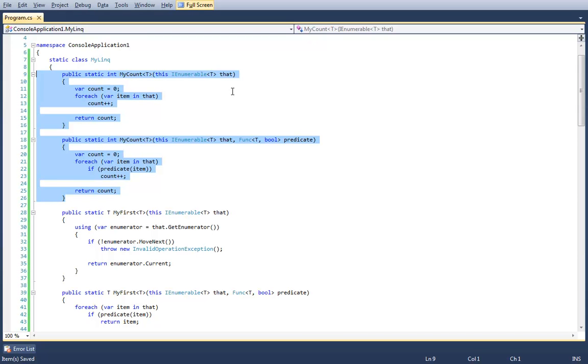And as Segfault just pointed out, if you did a count on an infinite sequence, such as a sequence with all the even numbers or a Fibonacci sequence, that will never end, ever. And if you think about it, it makes sense. What is the count of an infinite sequence? Well, it's infinity.